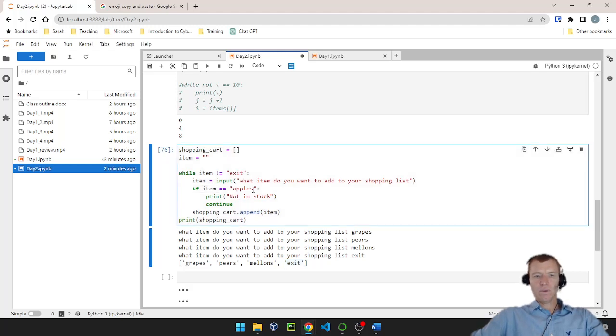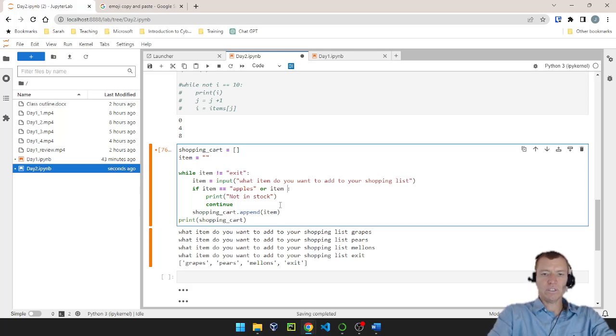All right, hopefully you were on the right track and you said, let's use conditional operators, the if statement, with logical operators, the or statement. Or item is equal to, the equality operator, exit. So what this if statement now does, if it's apples, it's not in stock, let's go back up and exit. If it's exit, it's going to say not in stock, which is not what I really want, but it's going to continue,